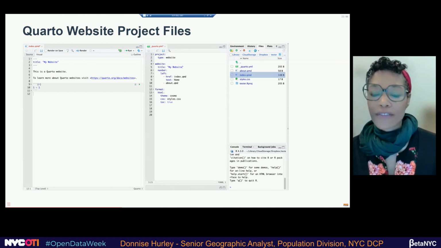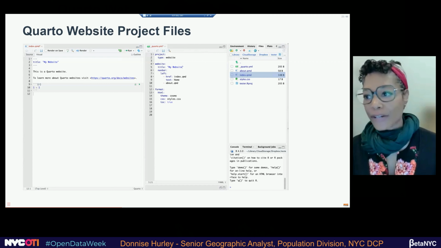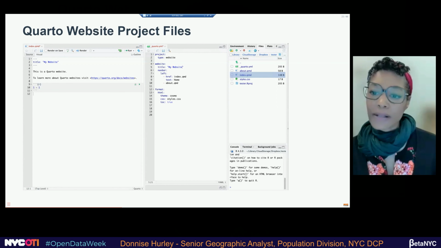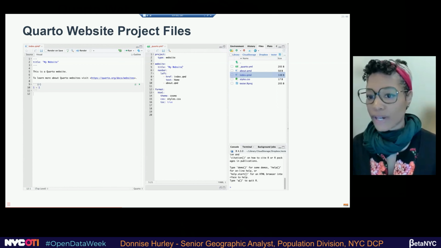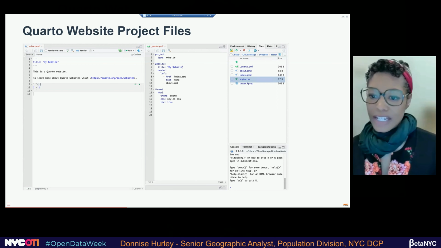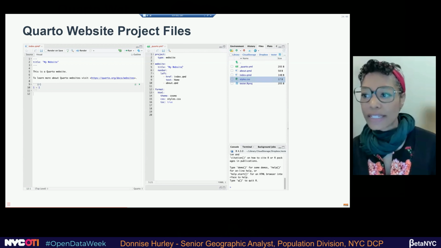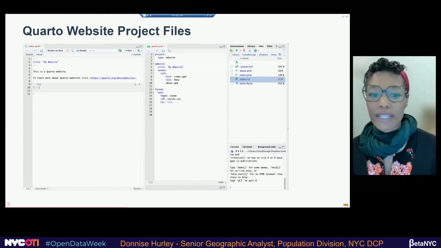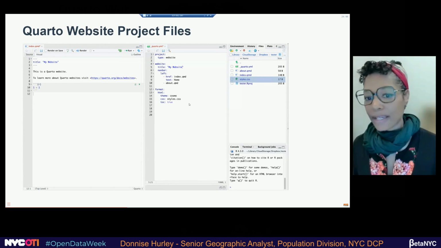So this is the reason if you're making a website for the first time, it's better to start with a project rather than just a standalone HTML. You could do that, but you have to rename the index when you try to publish it. And then again, here's your style sheet, and you can see, I didn't share my example, but I have the main style sheet, and then I also have my edited version. So I include both of those under the format. So I'll have style S, and then I have my copy.